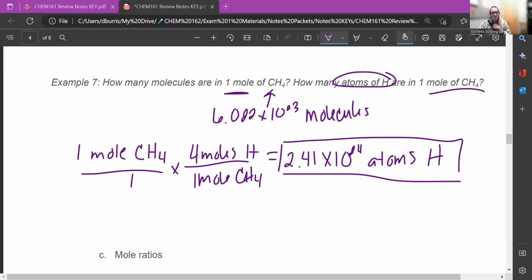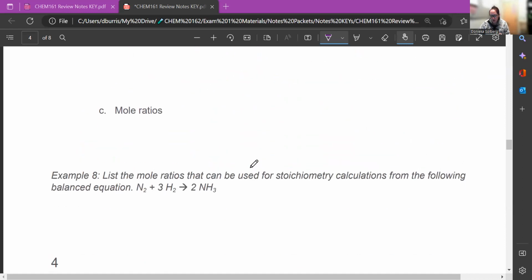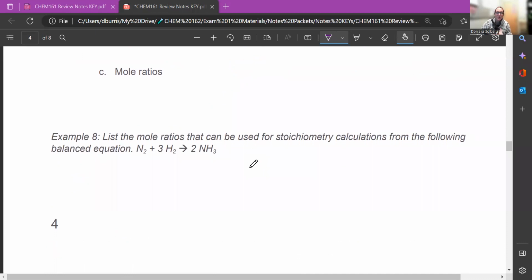Okay, now onto the stoichiometry part. So mole ratios are really the most important part of stoichiometry. This is the ratio of one species to another in a balanced equation. When I say species, that can be an atom or molecule, depending on the equation you're looking at. So, ratio of one species